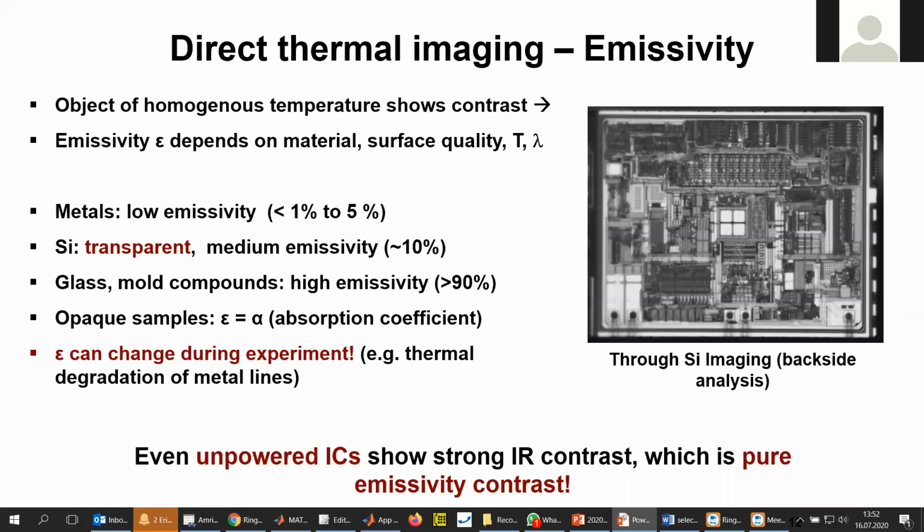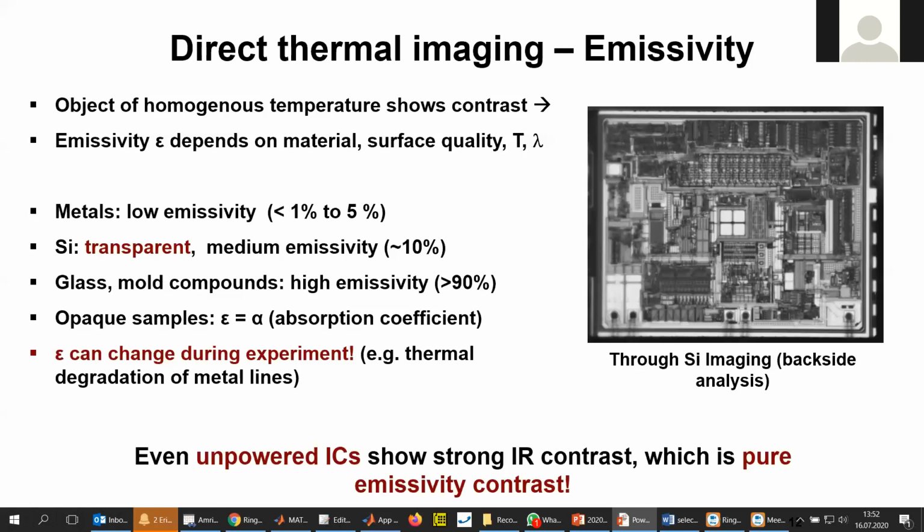So the impact of this emissivity is illustrated here. The object shown in this graph was imaged at a homogeneous temperature, sitting at room temperature for a while. So we can assume that there is no temperature gradient, as if the entire device was at room temperature. If the amount of thermal radiation only depended on the temperature, we wouldn't see anything. However, there is contrast in this image, and it arises from the different emissivities of the individual